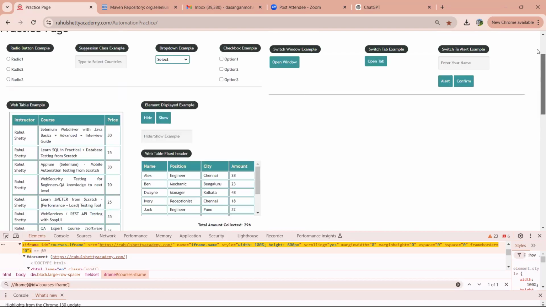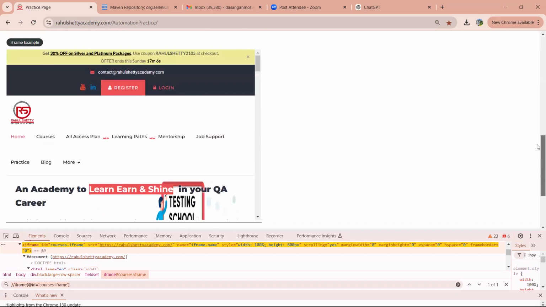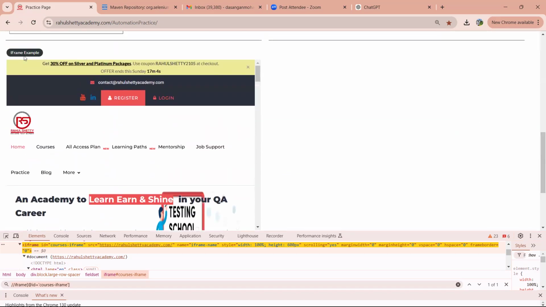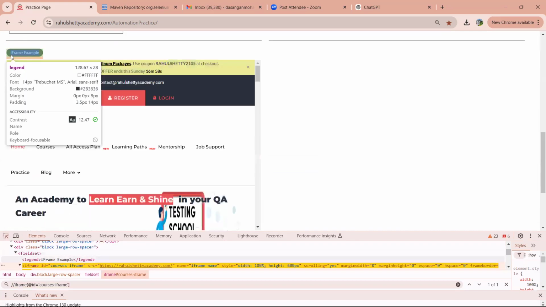First, it will scroll till here and then will navigate. So if I am not scrolling till here, then any action performed inside, we can't see visually. So I will first scroll till here and then I will perform the action. So let me just first scroll till here, and to get this XPath, I will use this legend